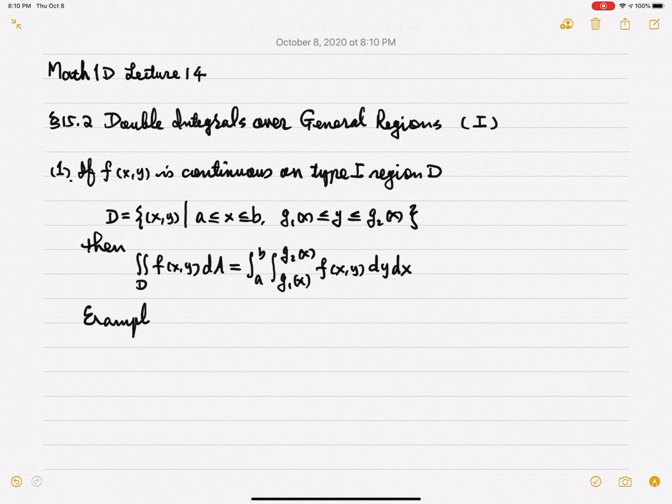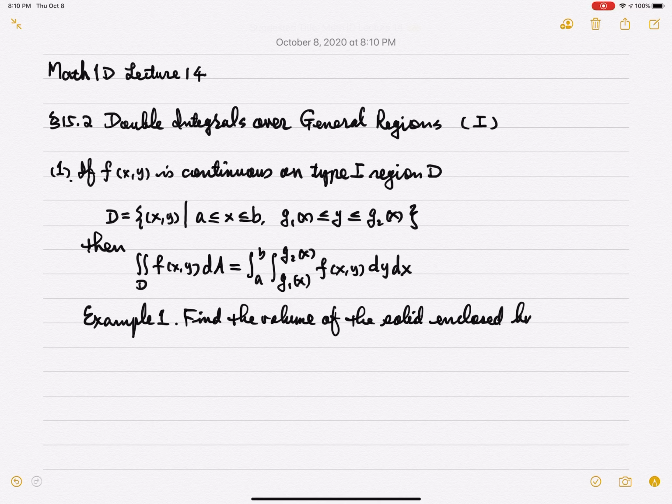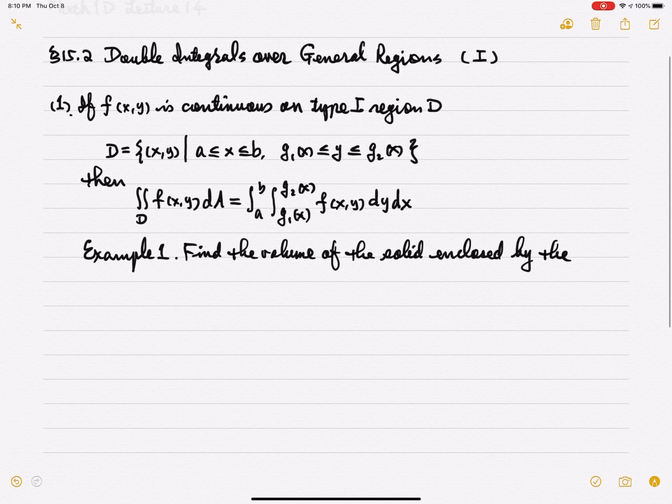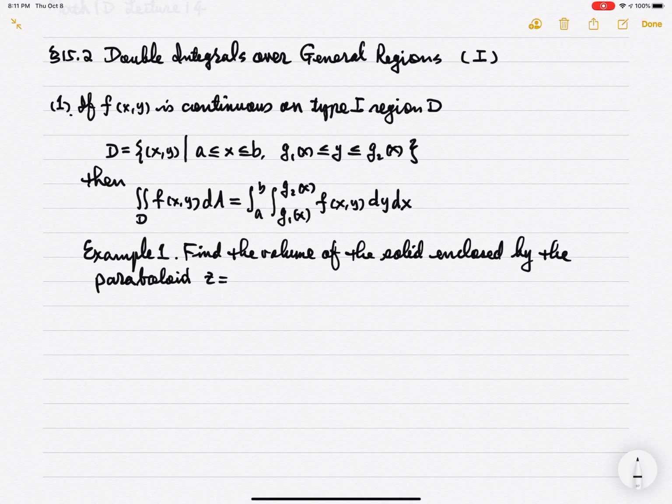Example 1. Find the volume of the solid enclosed by the paraboloid z equals x squared plus y squared plus 1, and the planes